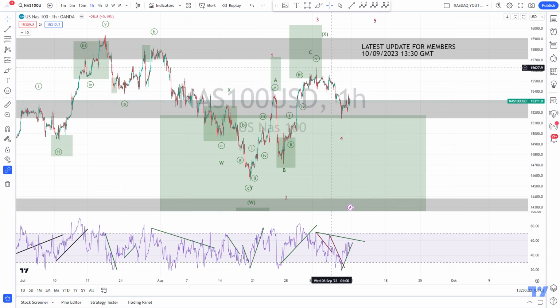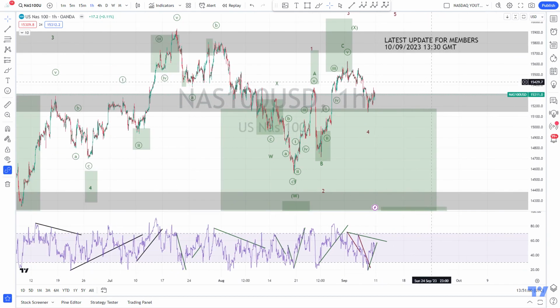I think for the Nasdaq, this here is a very important level. I think it will hold. We might see some upside here in the beginning of the week. The Dow Jones and the FTSE might even take out their September high. But I think for the Nasdaq and the DAX, it will hold, and then the correction to the downside will